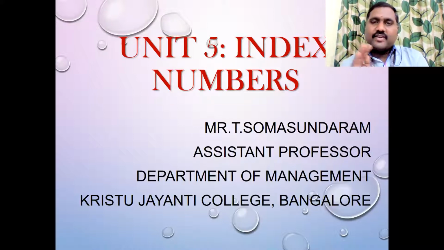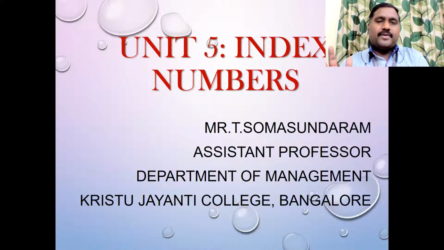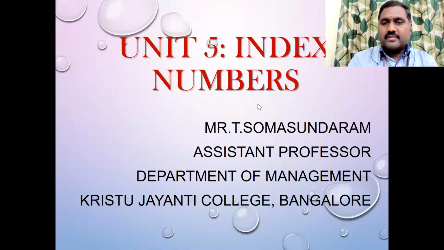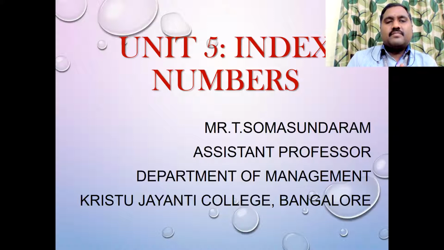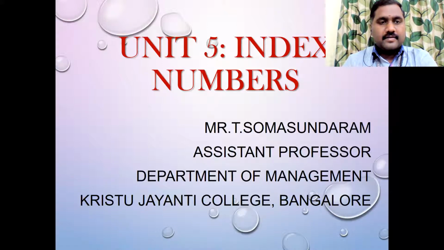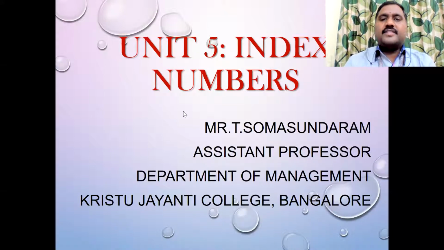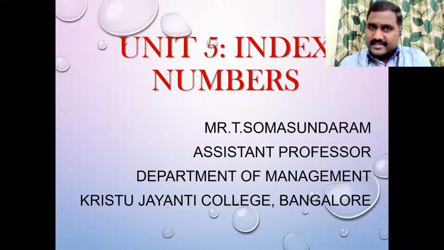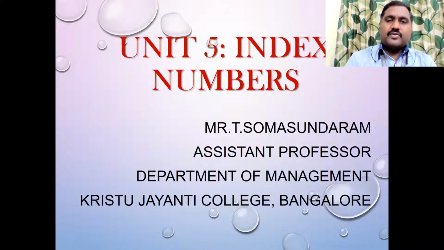3-year moving average, 4-year, 5-year moving average, and then the trend value. How to find the trend value for the given variable, right? So that is the fourth unit. Now the fifth unit, the final chapter of your business statistics syllabus, is index number. Okay, so today we will start with what you mean by index number and what the different types of index numbers are, how to construct that index number and what the different methods are. Under those methods only, we are going to work out the problems.